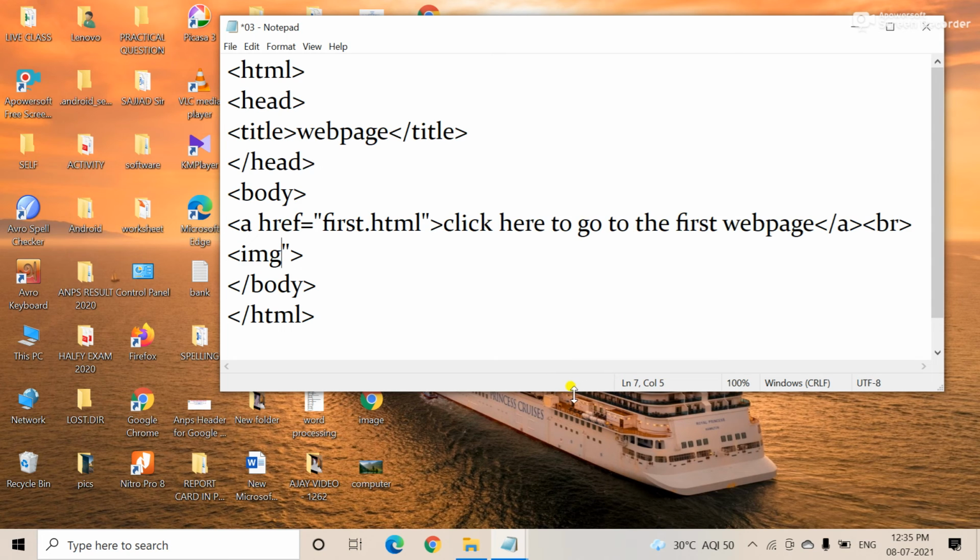The picture tag is IMG SRC equal to, and the name of the picture is computer.jpeg. Actually, it is in JPG format.